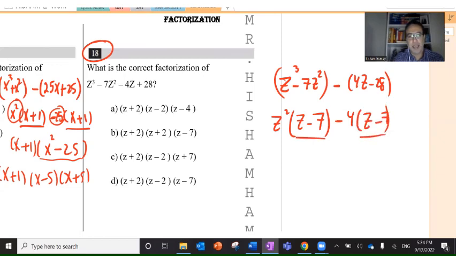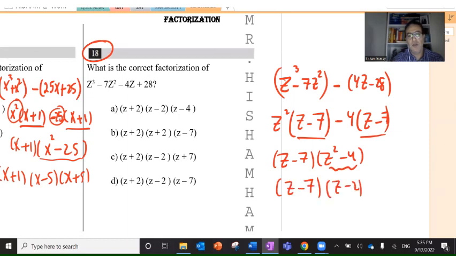I have the same bracket, so z minus 7 and z squared minus 4. This one is a difference of 2 squares, so z minus 7 times z minus 2 and z plus 2. So the right answer is